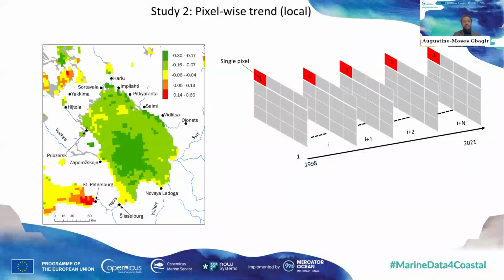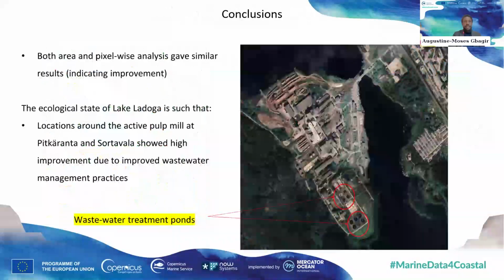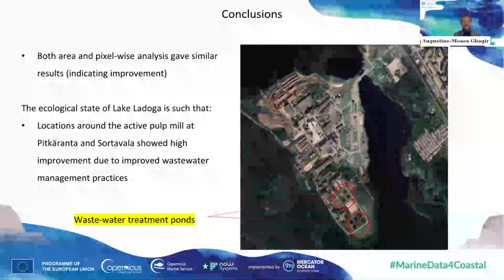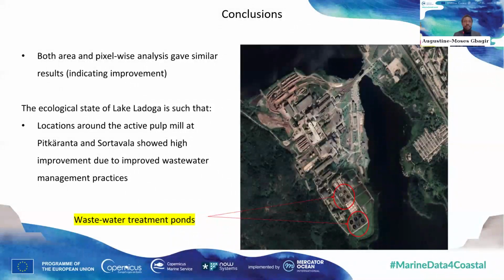And then just to show what we are able to extract from this Copernicus marine data products, these conclusions here show that both the aerial and pixel-wise analysis gave similar results, which indicated there was improvement in the water body of Lake Ladoga, which was a good thing in this case. We then looked closely and said, okay, the areas around the existing pulp and paper mill, which is still functional,